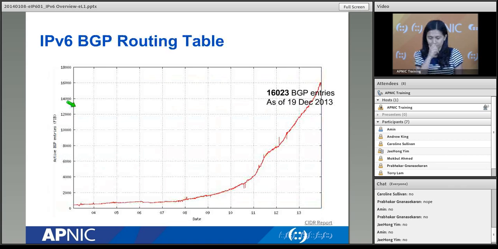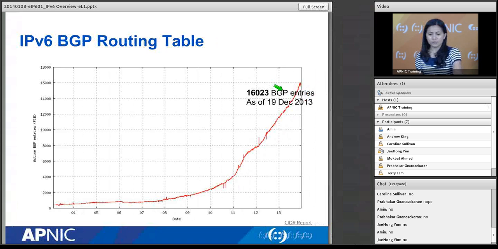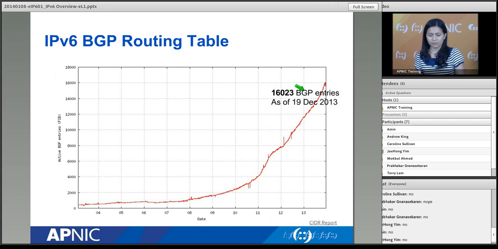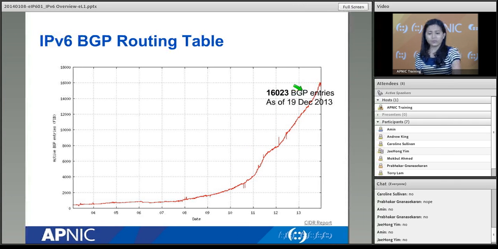Okay, so this is the IPv6 BGP routing table. For those of you who are familiar, in IPv4 we have a lot more than this. But it's very good to note that starting from early 2000 up to what we have now, which is early 2014, I got these statistics in mid-December.